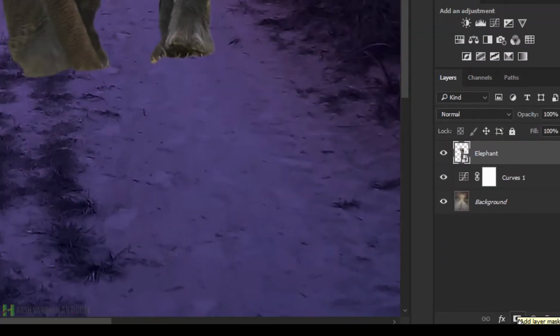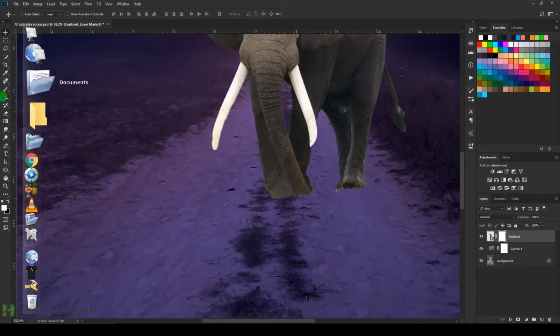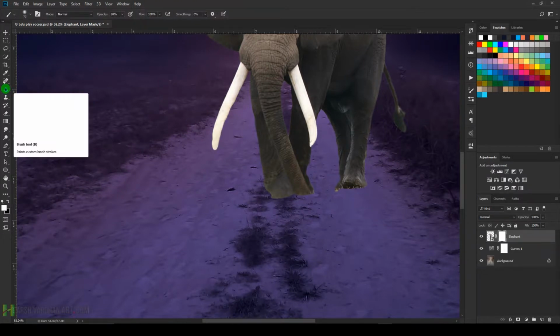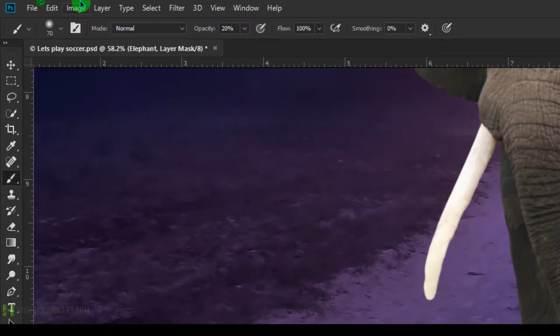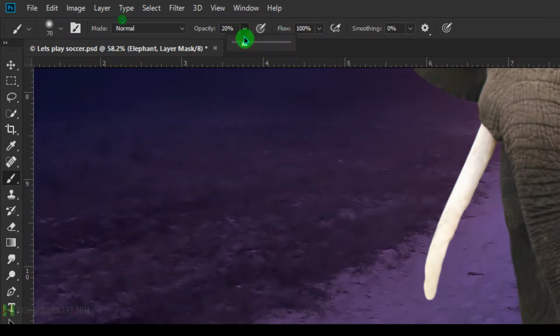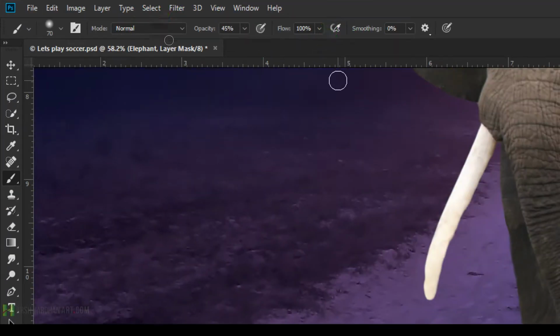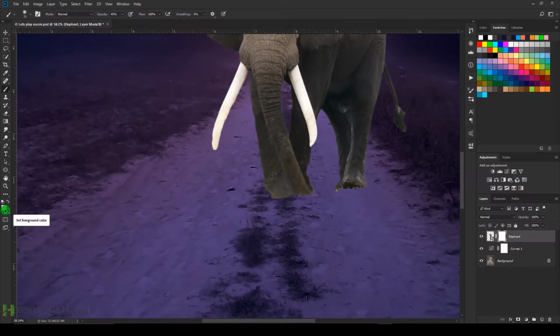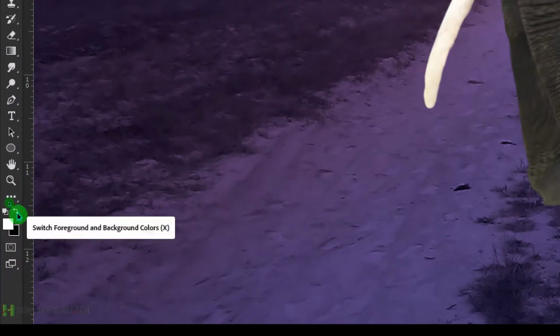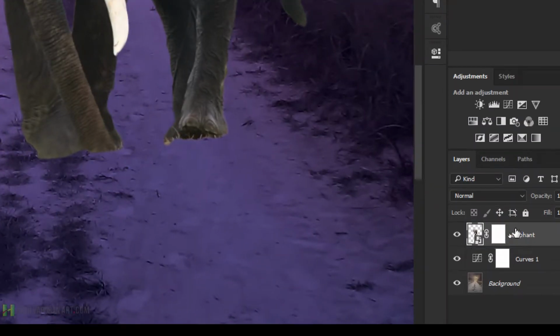Create a layer mask by clicking on this icon, choose the brush tool by pressing B or clicking this icon, and click over here and select the soft brush with 0 hardness, and let's say opacity be 45%. You can adjust the opacity from the top, and make sure this is a black color. Foreground color is set to the black, and mask is selected, not the layer,